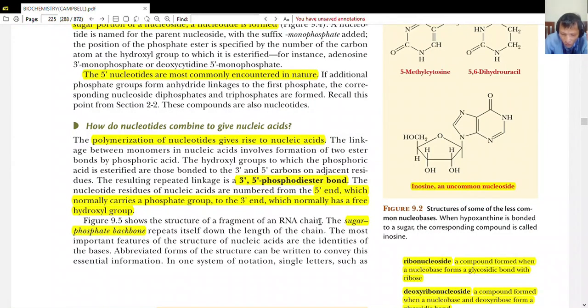The nucleotide residues of nucleic acid are numbered from the 5 prime end, which normally carries a phosphate group. So normally the 5 prime end, so I'm already low battery, and then